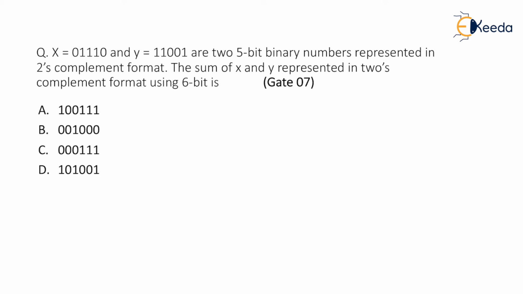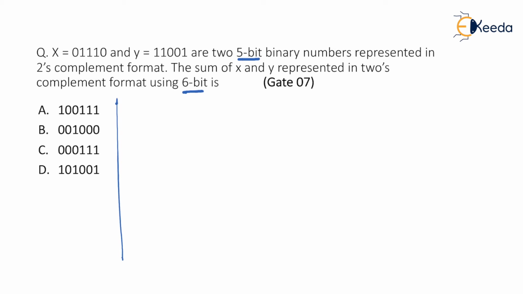But you don't have to do anything special, you just have to take the summation of X and Y and give the answer in 6 bits. It's very easy. Note that both numbers are individually 5 bits in size and you should give your answer in 6 bits. Let us go on trying this. I'll just take the summation, and I'm sure you remember the summation rules of binary. If you don't know, 0 plus 0, sum 0, carry 0. 0 plus 1, sum is 1, carry is 0. 1 plus 0, of course, sum is 1, carry is 0.